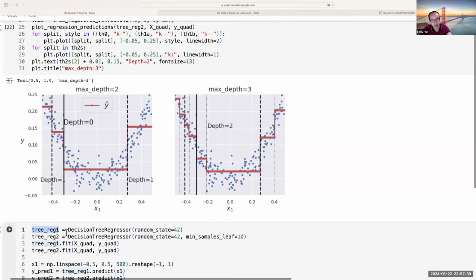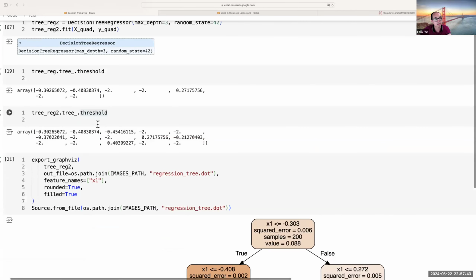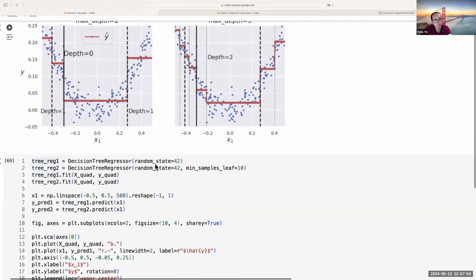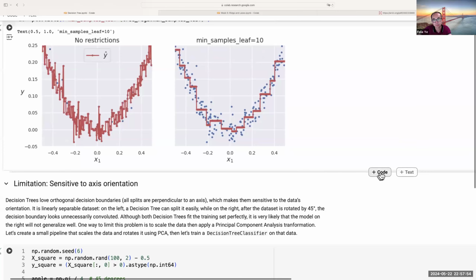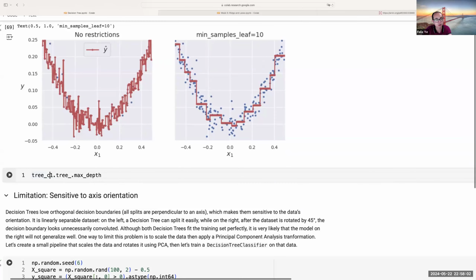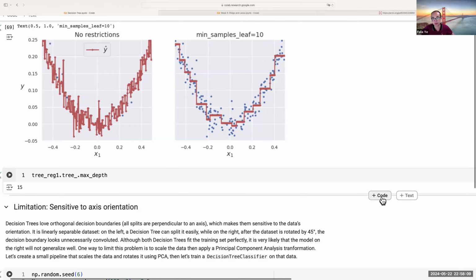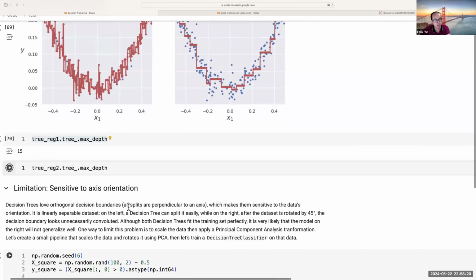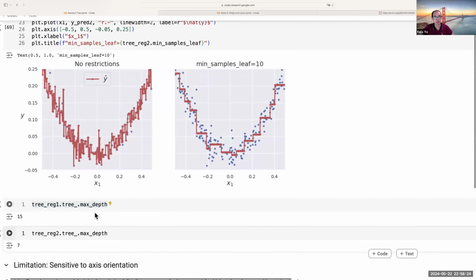So we can try to see how many layers we actually get in these cases. Let's see how to check the layers. So that's the command. The maximum that we get is 15, which is quite big. If we switch this into regularized 2, we are getting 7. So you can see right here, this is significantly smaller in maximum depth compared to the one without any